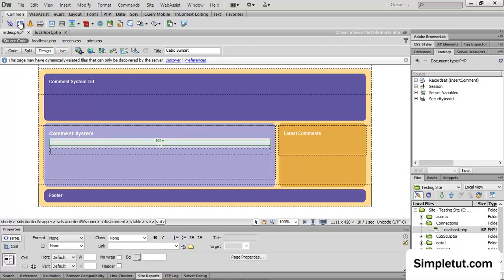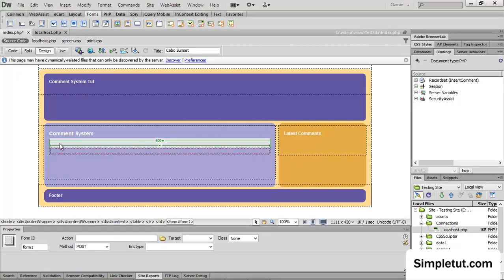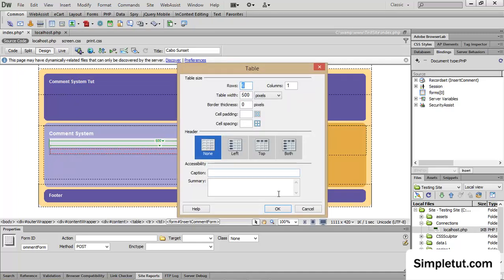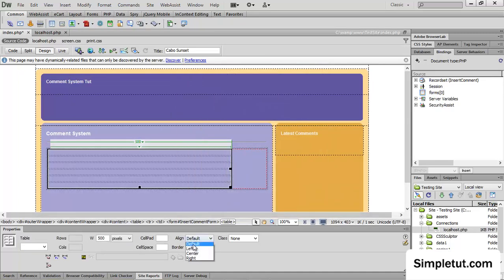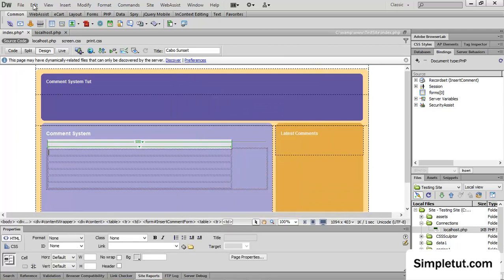I'm going to insert a form, and I'm going to call this form insert comment form, and then inside the form I'm going to insert another table exactly like the previous,